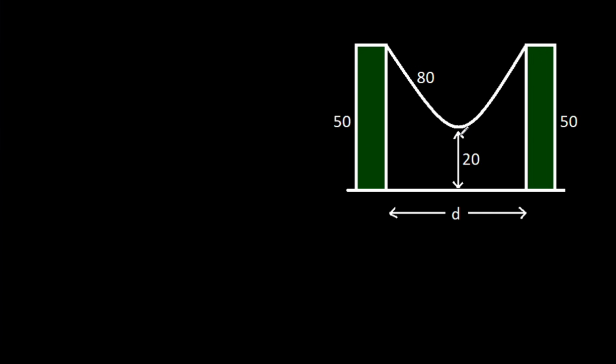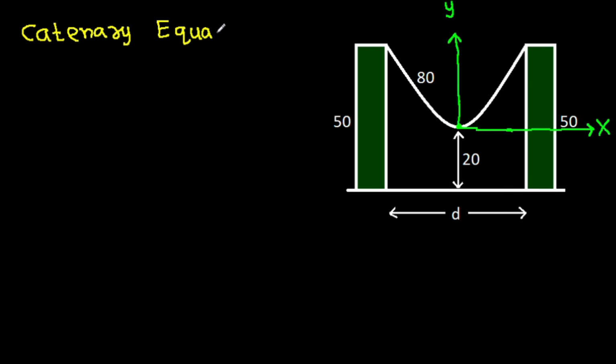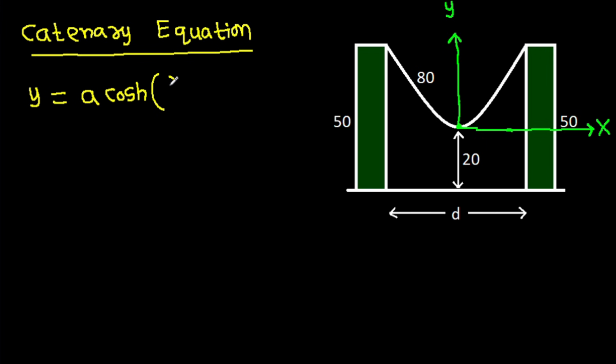and suppose this is the origin, and this is the x-axis and this is the y-axis. Then the catenary equation will be y equals a times cosh of x over a minus a,